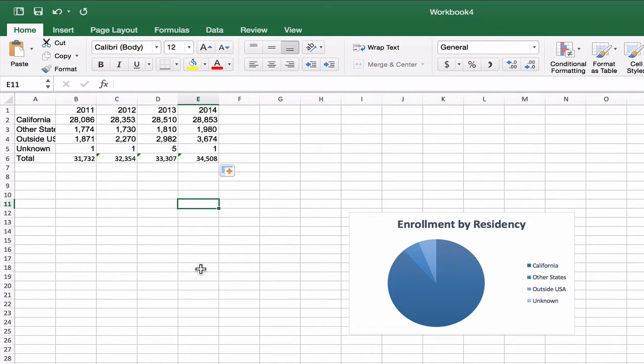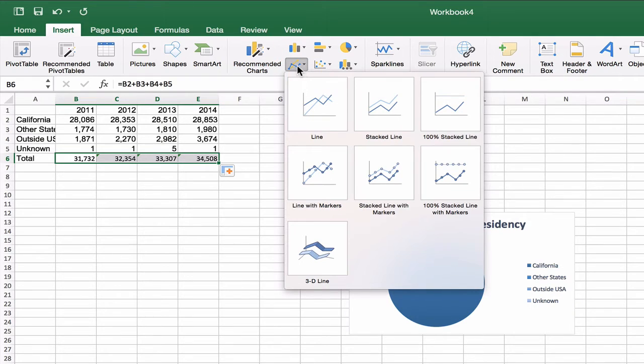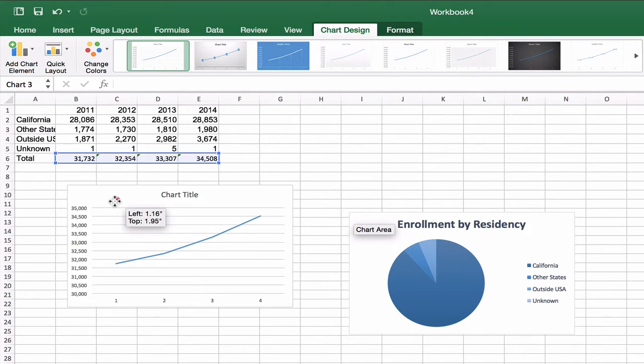But we could also visualize it. Let's make a line chart or a line graph. So this is the data that I want in my line graph. I'm going to click and drag to highlight that. Under the insert ribbon, I'm going to come over here to my charts and I'm going to find the line, and I'm going to choose that first one, that first line. And it's popped it right on top of the other one. Let's just move it over here a little bit, shall we? So here's my initial line graph, and that's showing that increase in enrollment.